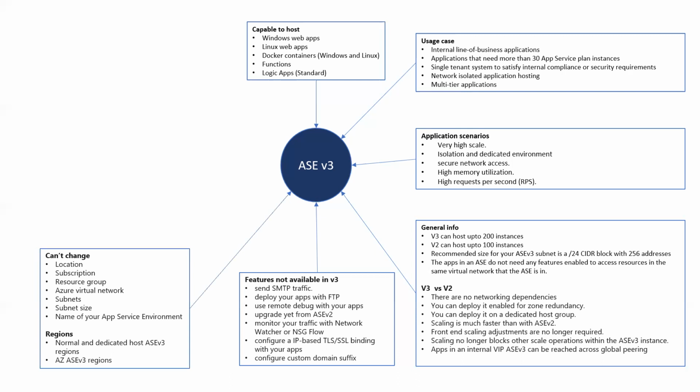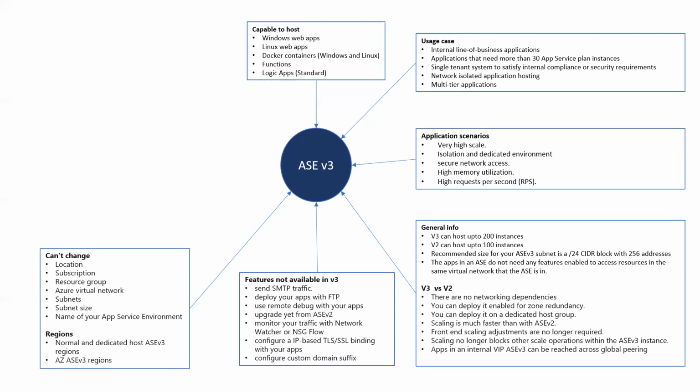Next, let's take a look at what can't be changed. Before you start provisioning the app service environment, make sure that you are absolutely clear on these properties. You should know what location and subscription you're going to host your app service environment in. I'm sure you will have all these details planned. You cannot change the virtual network, and you cannot change the subnet. You're going to have one single subnet for the app service environment, and that's all. You cannot have any further subnets inside the same app service environment.